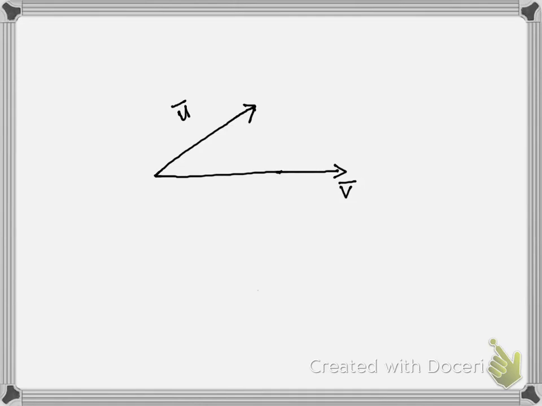Now what I'm going to do is take a perpendicular and drop it down from the tip of U down to V. So I'm making a right angle right there. And what I'm going to be interested in is the vector that goes from the common initial point here,